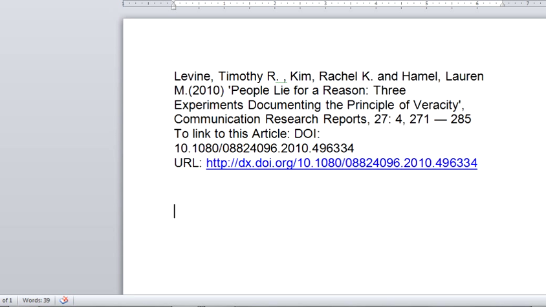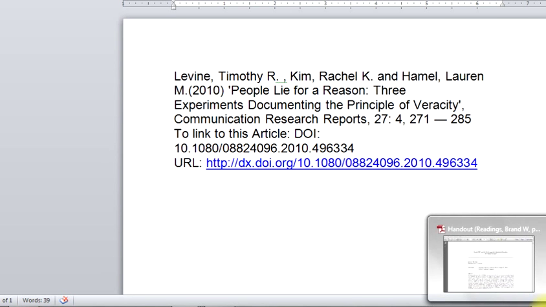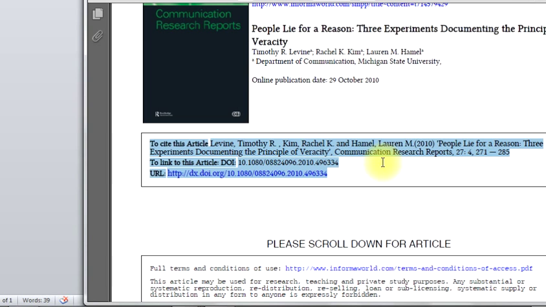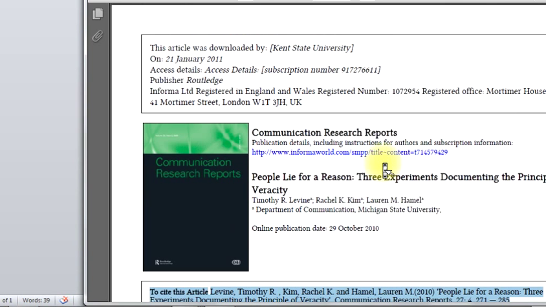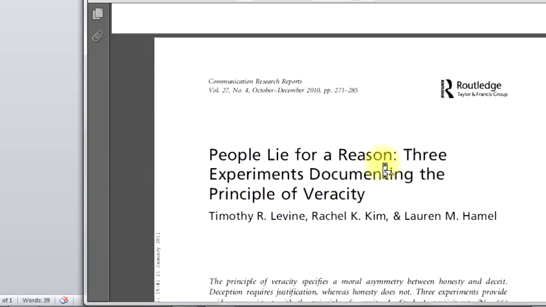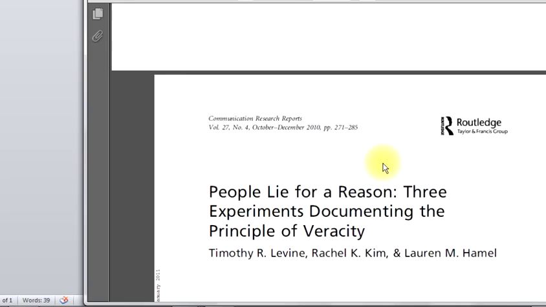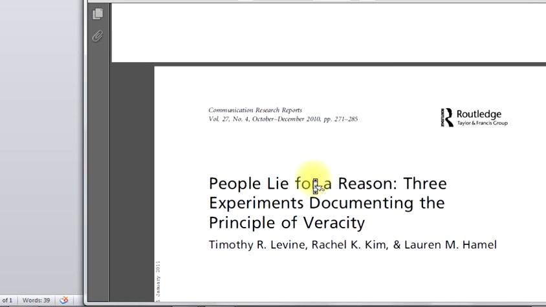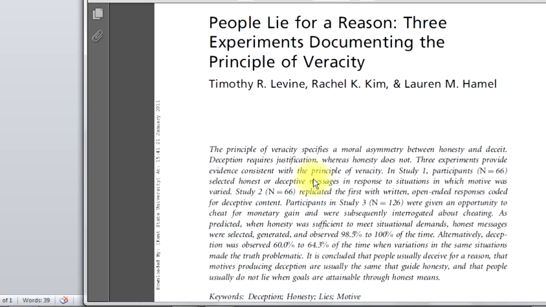In this video I want to show you how to write an MLA citation for a journal article that's coming as a PDF. So here we have the PDF itself: Communication Research Reports, "People Lie for a Reason." And here's the actual document. Here's the citation information. I copied and pasted it to the Word document to show you how to do this,